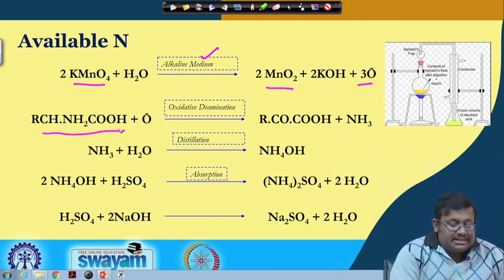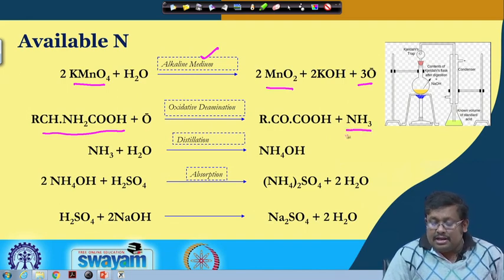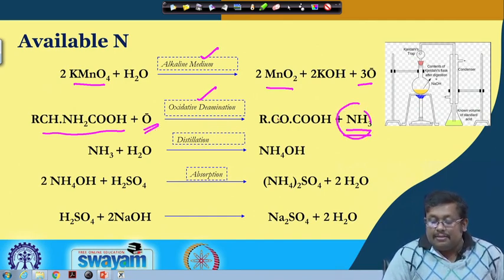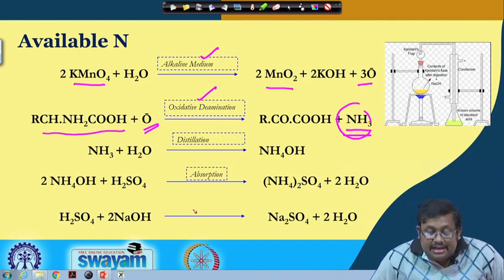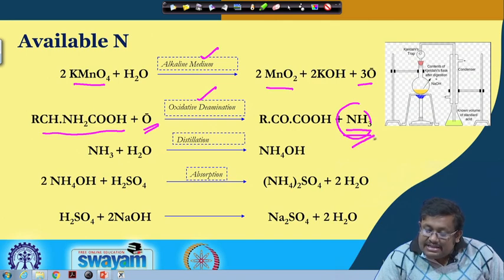So basically you can see this is a formula of amino acids, and from these amino acids the ammonia is released. That is why this process is called oxidative deamination, because we are using oxygen here. In the oxidative deamination process, ultimately we are releasing the ammonia, and remember that this ammonia will be the source of both ammoniacal nitrogen as well as nitrate nitrogen for plant growth. So we have to measure this evolved ammonia.